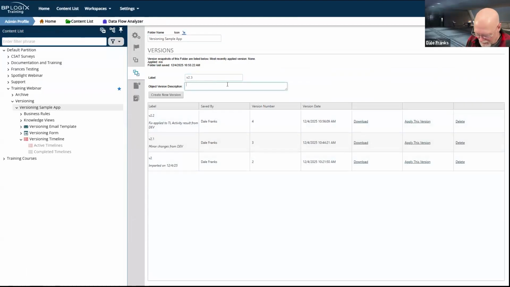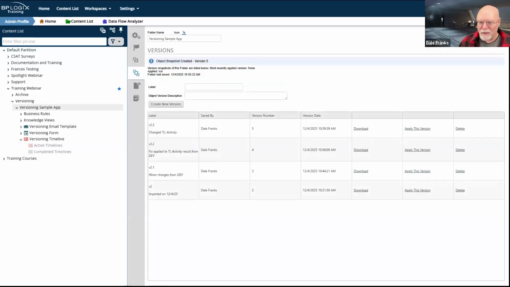And I'll just say changed TL activity and create the new version. You're not going to save any time on the version creation. And you are going to have to make that change twice, but it's probably a little faster if you just manually make the changes on both systems.